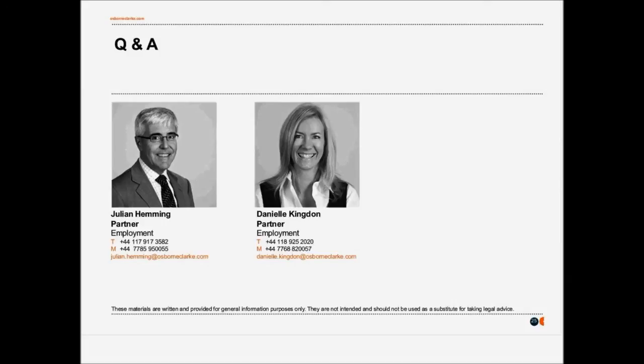So if you've got 20 people being made redundant across your company in the UK at 19 different branches or 20 different branches, you still cross into the collective redundancy consultation. And the point of the question is, how is this going to be resolved? Because the case has been appealed. Well, the latest situation is that the case has in fact now gone to the European Court of Justice, and what that means is we're now probably going to have to sit back and wait for a year or two whilst it joins a long queue of cases in the European Court to see how it's going to pan out. But the key takeaway point really is that if you are making 20 or more dismissals in your company, you need to think about the collective redundancy consultation regime.